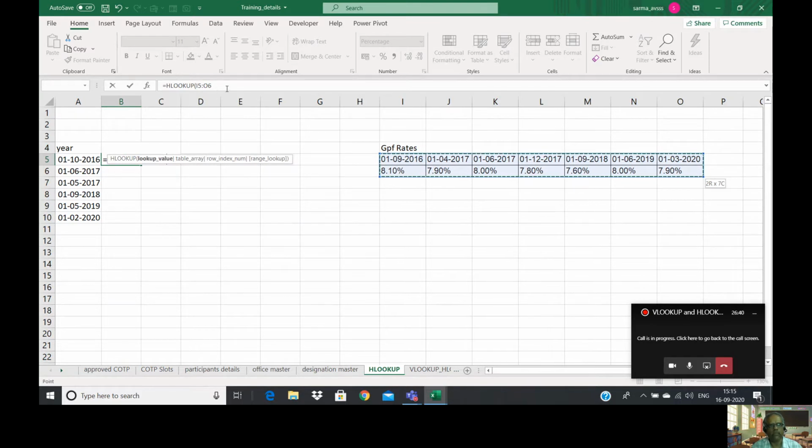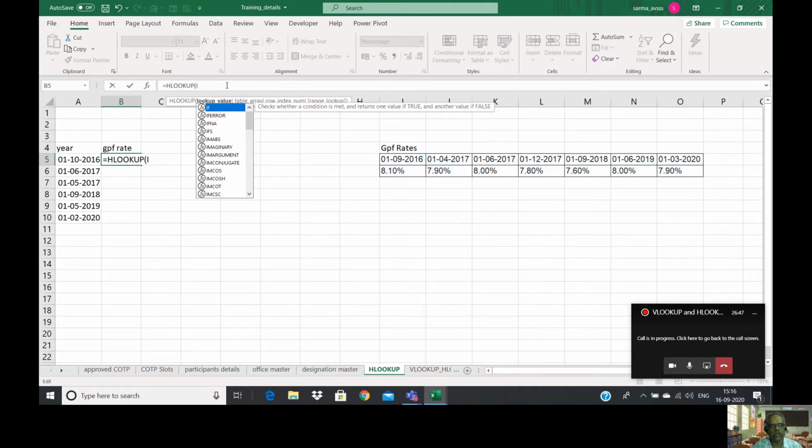Sorry, one second, there is an issue. We have to select the lookup value A5, then I have to give the pipe, then we have to select the range. This is the range, and again pipe, right? In the range, it will look up horizontally, then it will pick up the value from a row, isn't it? In which row is our desired value available? In the second row. So we have to give the 2.